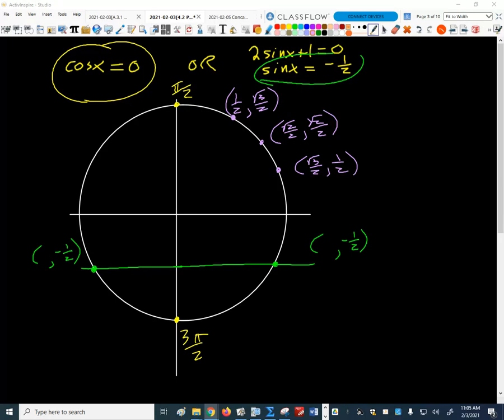Isn't that cool? If I go up to the next one, that's the 45 degrees or pi/4. The x coordinate is the square root of 2 over 2. The y coordinate is the square root of 2 over 2. If I go up to this one, that's going to be 60 degrees or pi/3. X coordinate is the square root of 1, which is 1 over 2. Y coordinate is the square root of 3 over 2,